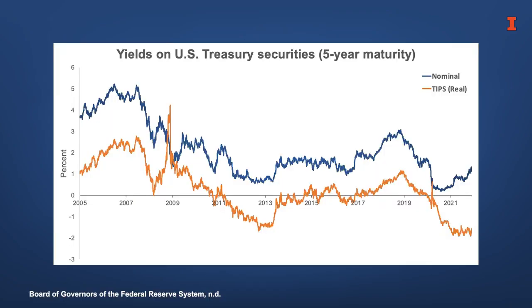Let's take a look at some recent data. Here is the yield on the 5-year TIPS bond over time versus the 5-year treasury note. At times, there's a difference in yields between the two. A larger difference in yields means investors are willing to pay for inflation protection. This means that investors expect high future inflation here 5 years into the future. As you can see, yields on TIPS were elevated in 2009. Investors expected higher inflation at this time. The opposite was true in early 2013 as well as in 2021. Investors expected low future inflation. Of course, the market might turn out to be wrong in the end, but this was the expectation embedded in